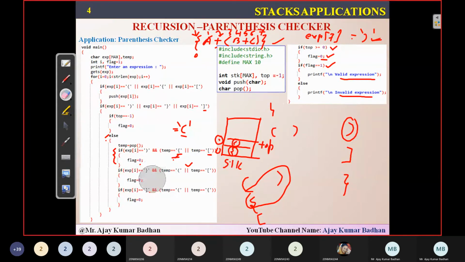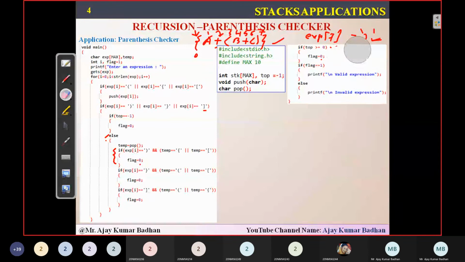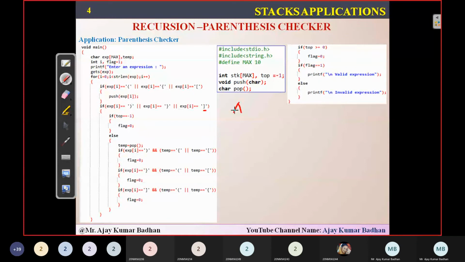I hope you people got it, what exactly is done. I will give one example. I will take the same example so that you can understand how it shows invalid, and with the help of that you will come to know how exactly it performs. Let me take the expression a plus b, but initially I am using a curly open brace, and I am closing it with a normal bracket. So this is the expression I got.